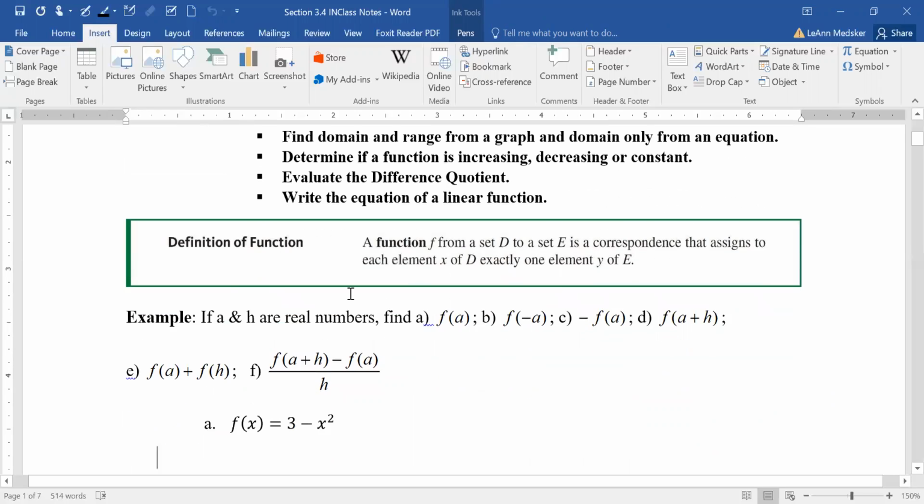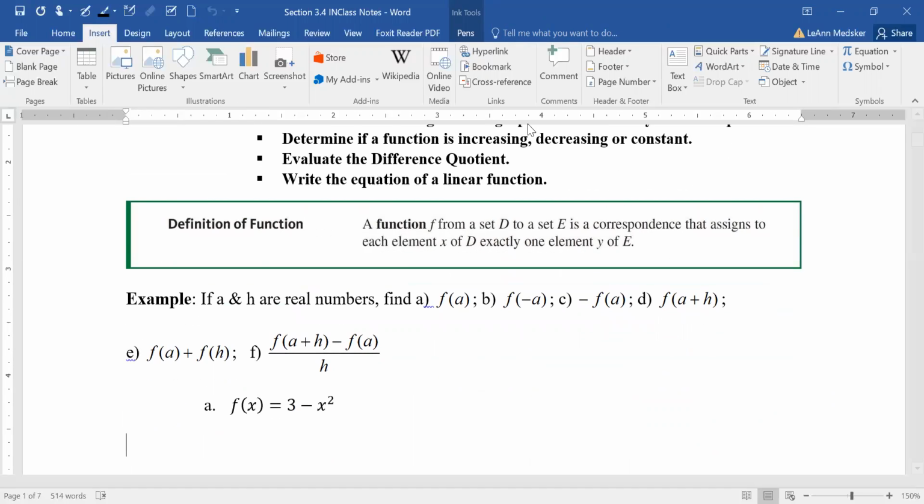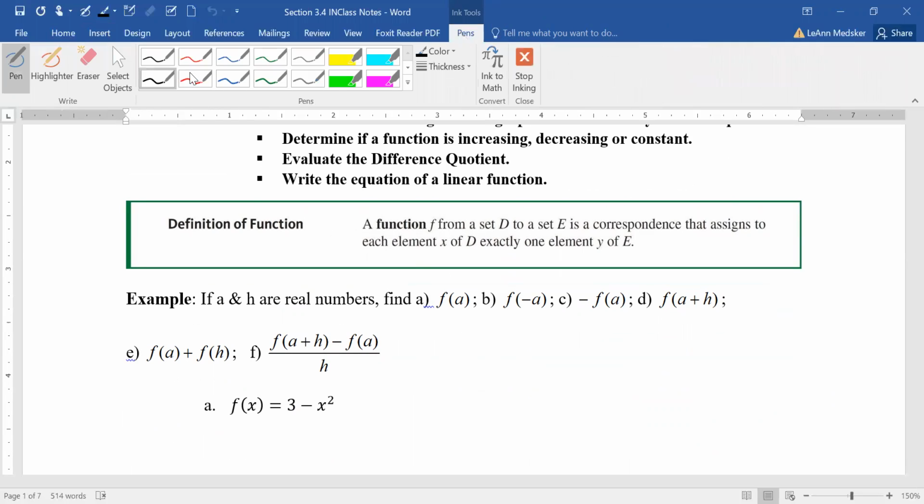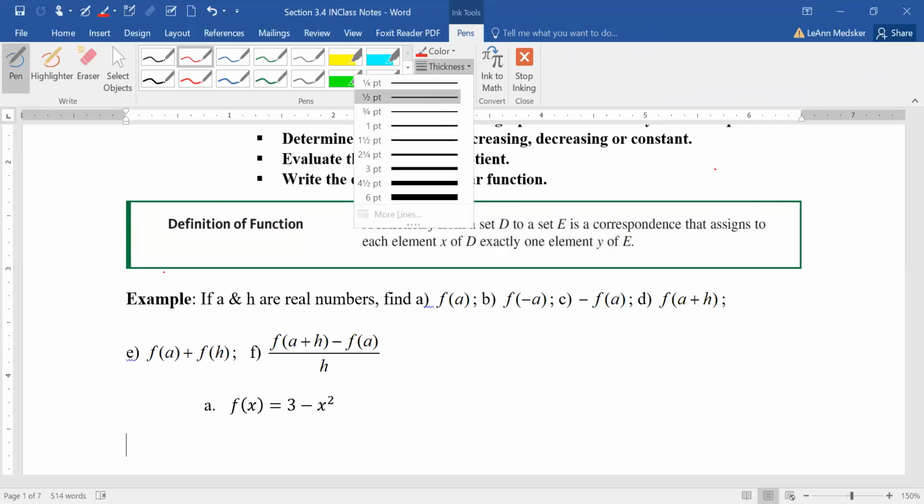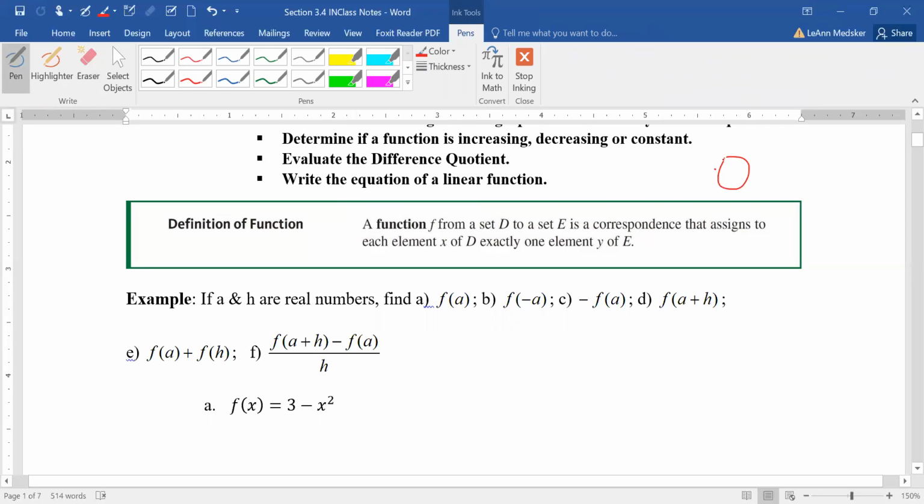A lot of times people have a hard time mapping what that actually means. So I'm going to draw a little picture of kind of the difference of what would be a function, what wouldn't be a function. So if you think of having a set, which that's too thick, hang on just a second. Let's erase that and make it smaller. So if we have a set D and a set E, and we're trying to map between one to the other,